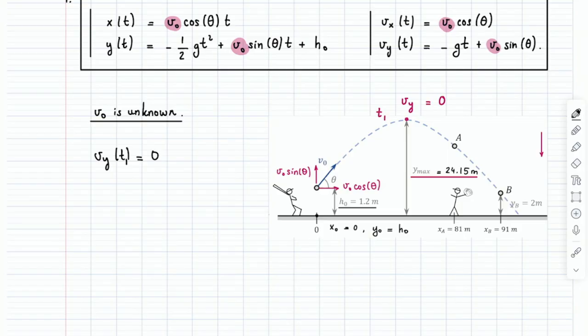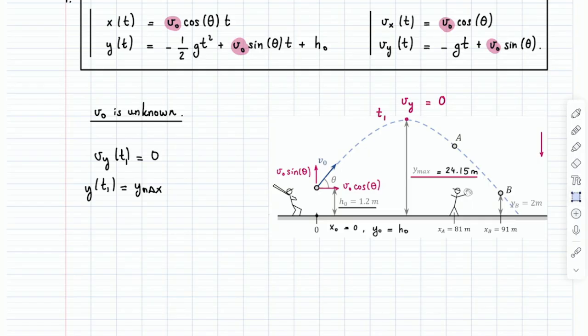That's true. That would allow me to solve for t1 like before. I could say y of t1 is y max, which is not bad because I know y max, but then I get to solve all of this equals y max, which means I get to solve a quadratic. And ugh, do I really want to do that? And the answer is no, probably not. But is there another way? Because I don't know x, right? And v_x is just constant. It's always v naught cosine theta, so that's boring.